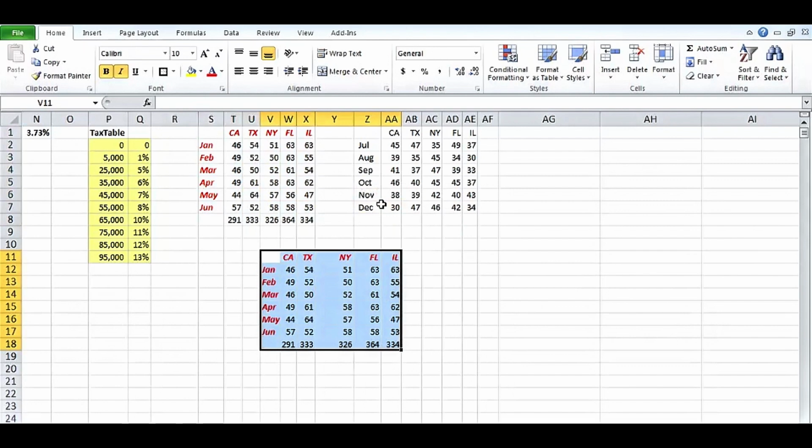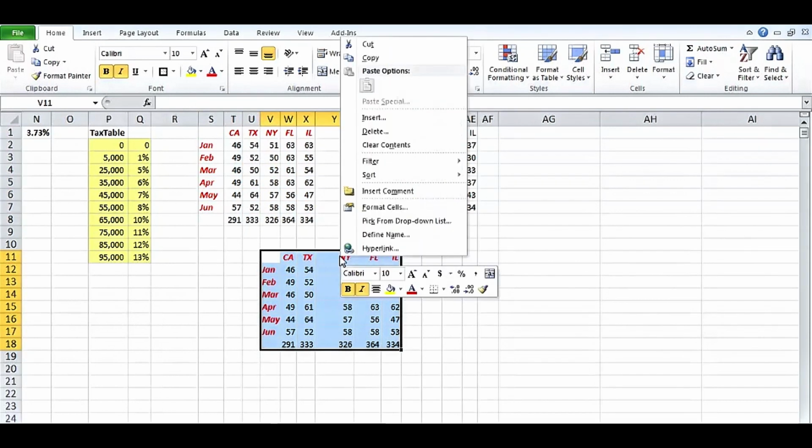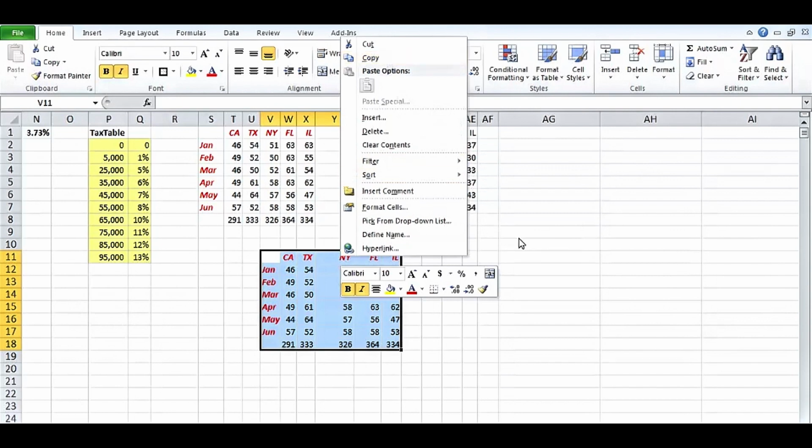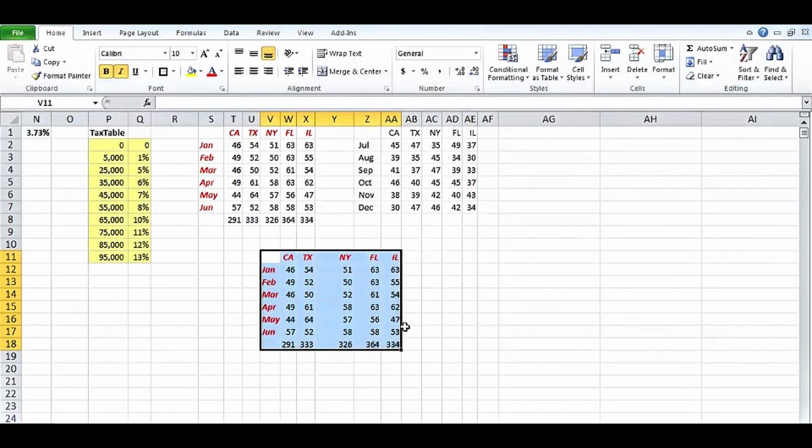There might be times too when you want to move data to another worksheet. If you only do this occasionally, you might as well use one of the standard techniques, possibly right click and copy, and then go to the destination, right click and paste, or if it's a move, right click and cut and paste and so on. But you can also drag data to another sheet if you hold down the Alt key. So I'm holding down Alt right now. As I drag onto sheet 3,